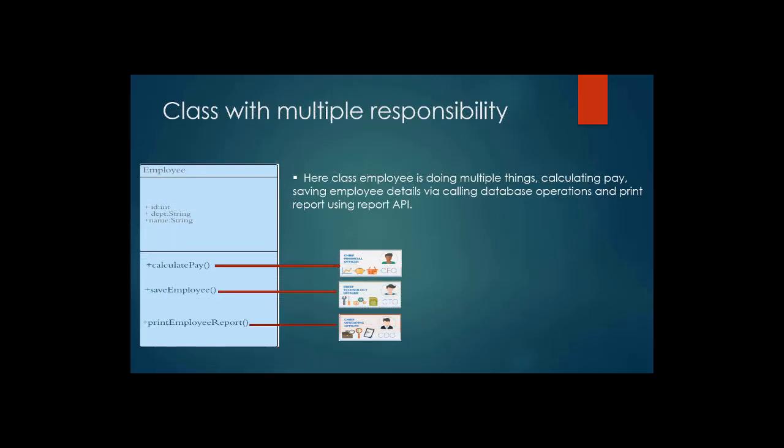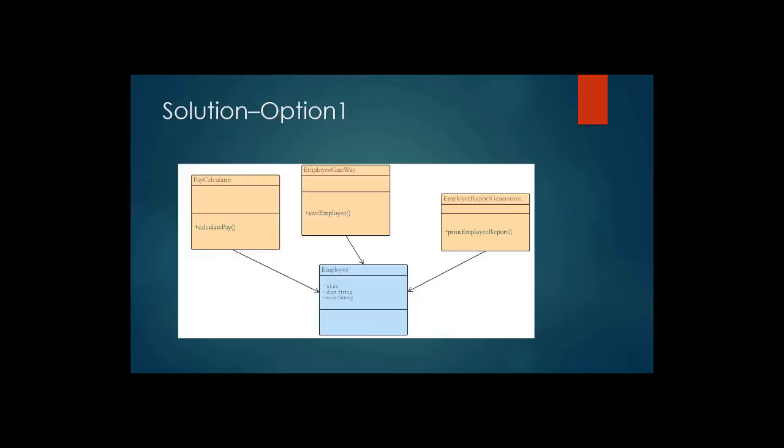As we have seen earlier, we had one class, Employee, with three methods, and each method is being taken care of by three different teams. Each of these groups, that is CTO, CFO and COO, will be asking for changes, and since each group can change the Employee class, it violates single responsibility principle, which we talked about in the previous lecture. Single responsibility principle states that a class should only have a single responsibility. So one option is to separate the functionality into separate classes.